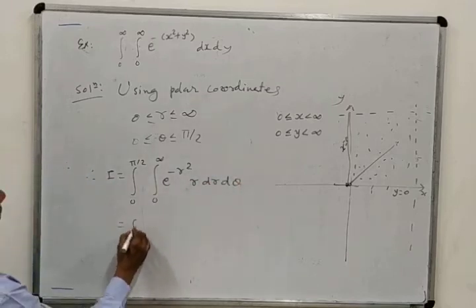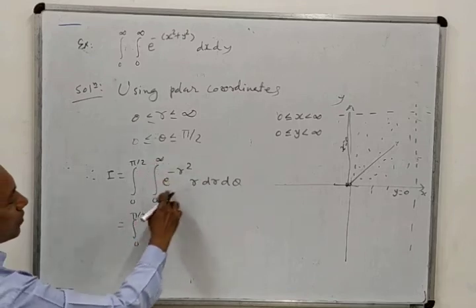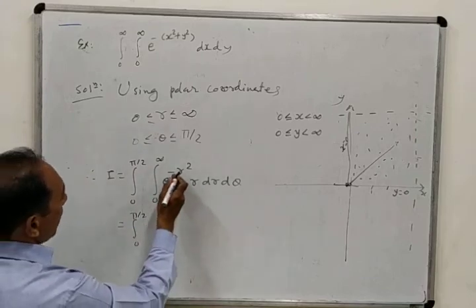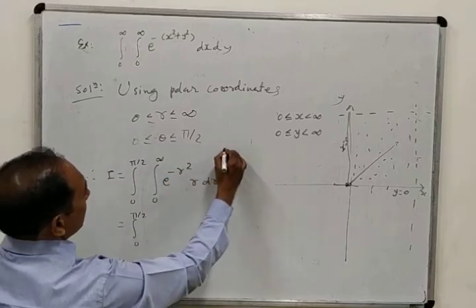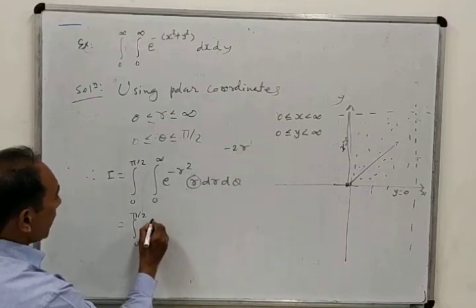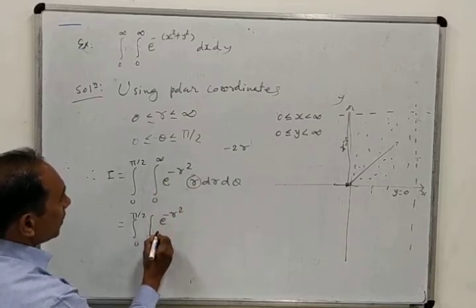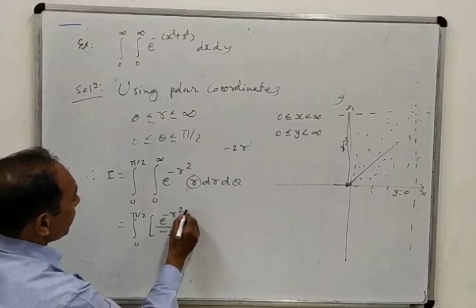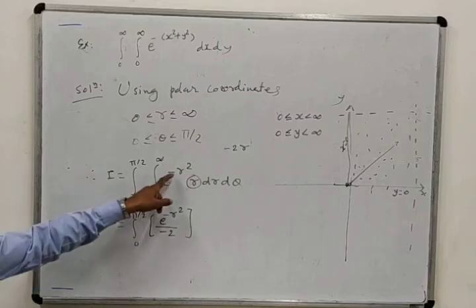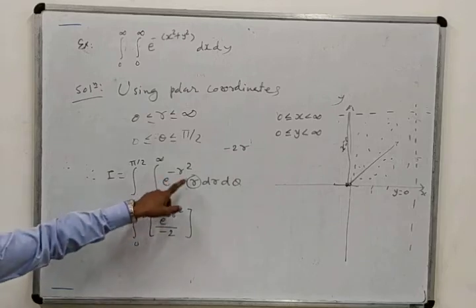Now the integration is very simple. You can also do it in one step, because both the limits are constants and the integrand is separated, that means r and theta are not mixed. Here e raised to minus r square is there, and minus r square has the derivative minus 2r, and r is already there, but minus 2 is not there. So the integration will be e raised to minus r square itself, but since minus 2 is not there, we divide by minus 2. Constants can be adjusted, but the variable cannot be adjusted.